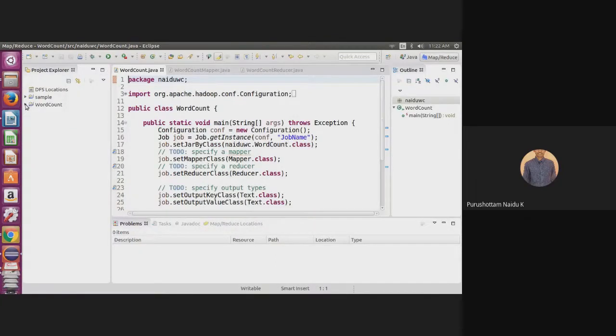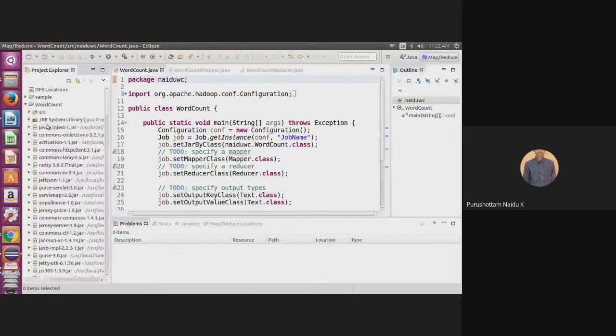So the word count mapper class and word count reducer class are completed. Now we have to modify the driver code. This is the driver code.